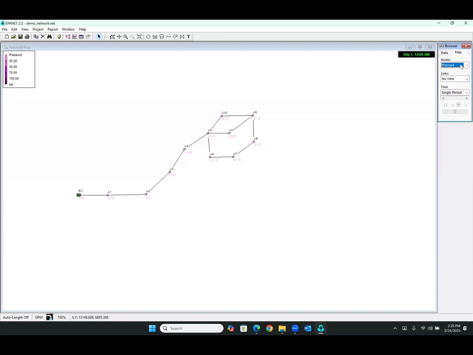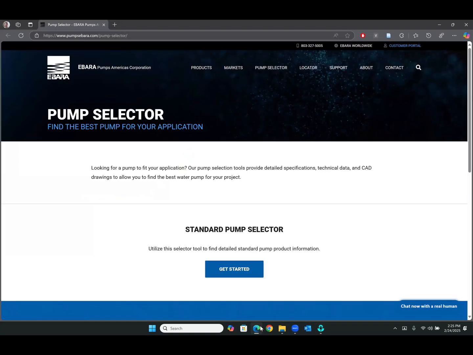Now we need to figure out how much flow we need. So let's go to flow. Here we're in GPM. The total demand in this network is 30 gallons per minute, which you can see is the amount coming from this reservoir, 30 gallons per minute. So that is going to be the flow we want. So let's go ahead to this website,